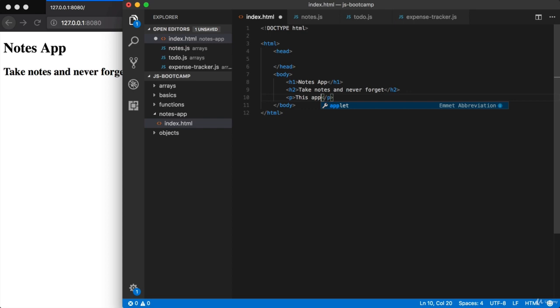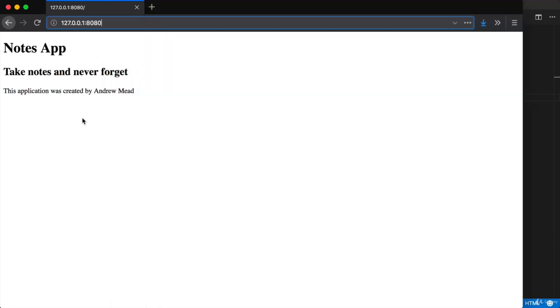So this application was created by, and then you can put your name right there. I'll put Andrew Mead right here. I'm going to save the file, and what happens over in the browser, we now get our third piece of content showing up. We have, at a normal font size, this application was created by Andrew Mead, showing below our